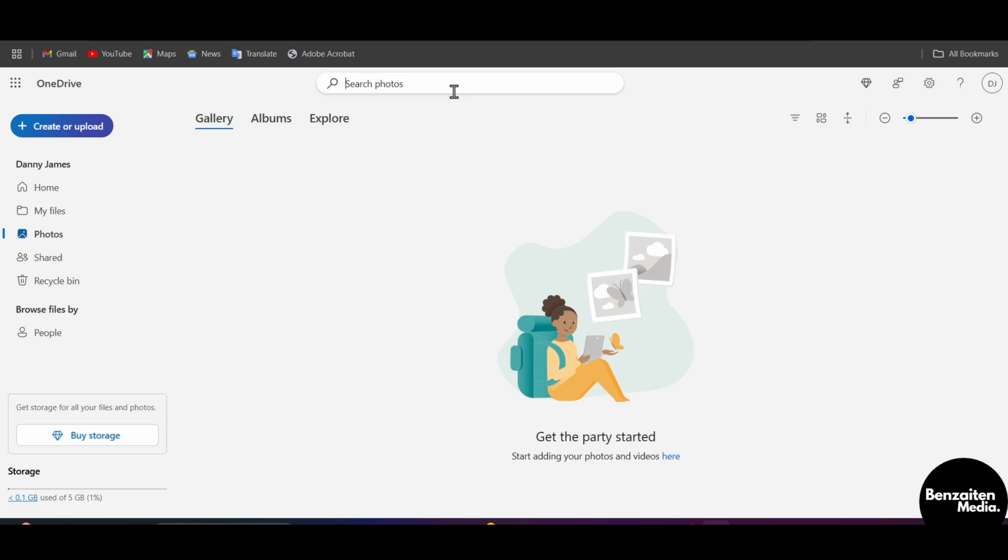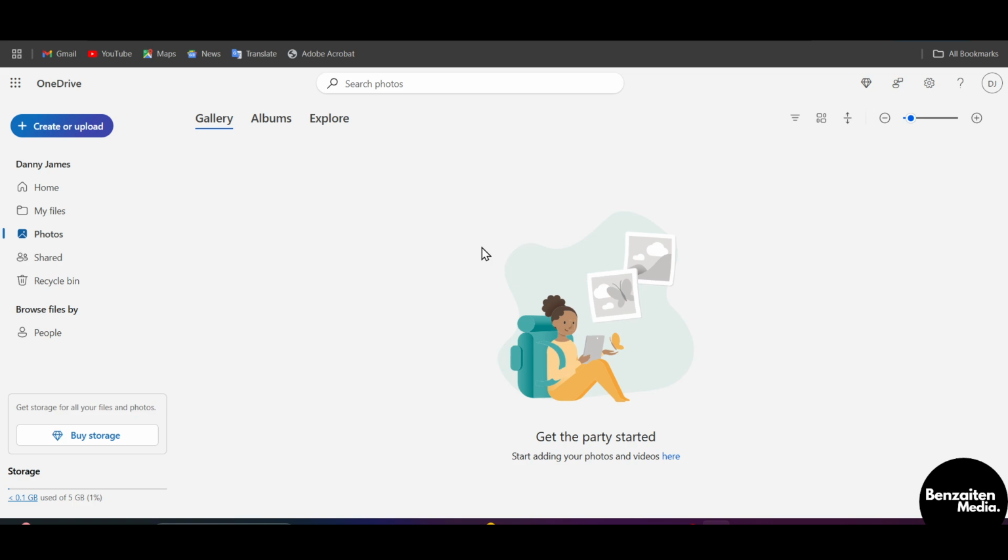And if you want to organize the photo, just select the photos by simply clicking all the photos once, and then at the top you will see the option of create album. Click on that create new album and then it will show you all your recent albums and the option to create a new album. So you can put those photos on your recent albums, but if you want to create